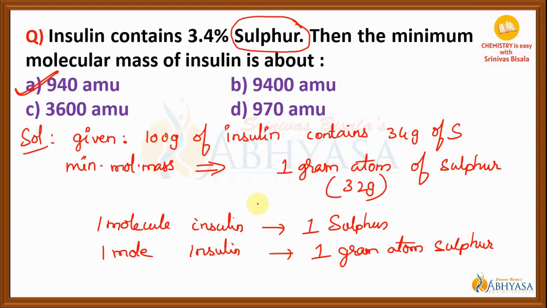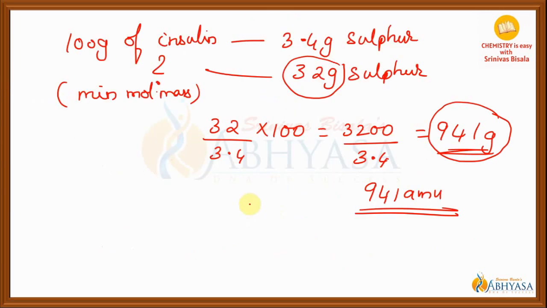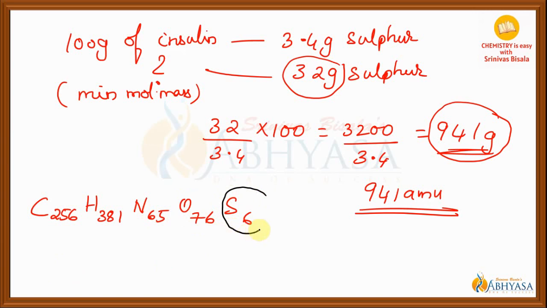So let me give you the exact formula of insulin. Let us see how many atoms of sulfur are there. This is the formula of insulin. This is only for knowledge purpose. C256, H381, N65, O76, S6. Whenever there are 6 gram atoms of sulfur,